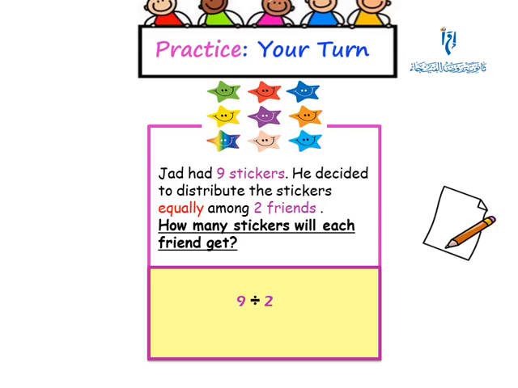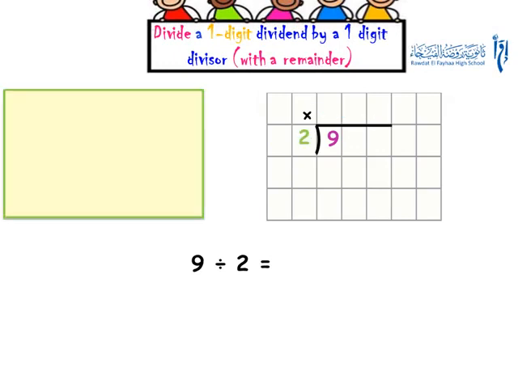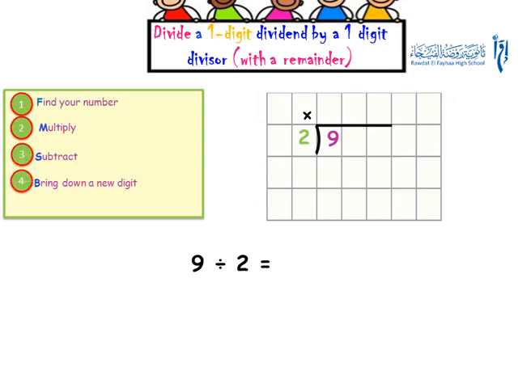Let's try to find the answers so you can check if your answer is correct. Again, we use our division symbol. The dividend is here, the divisor and the quotient up. Our dividend is 9, the divisor is 2, and let's find the quotient using our steps. Find your number, multiply, subtract, bring down a new digit. And to remember them, we can simply remember the family members: father, mother, sister, brother. Now, let's start with the first step, which is finding our number, which means that we have to find 9 in